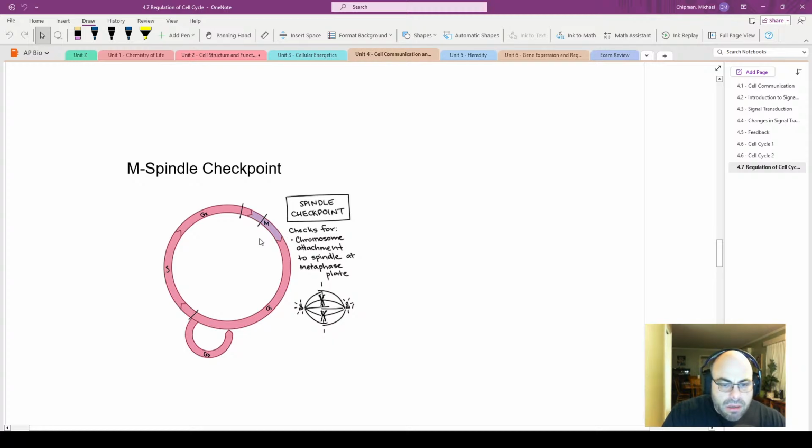And so the M checkpoint, very specific. The M checkpoint is to make sure that each one of the sister chromatids is attached to a spindle fiber before they are disconnecting. It's kind of like,